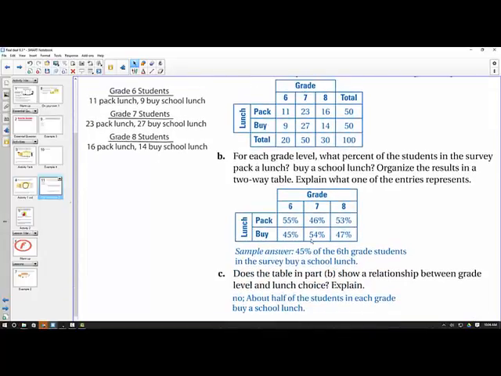So this is really how you use two-way tables. It'll help us determine percentages of various things, compare data. That's really all we're trying to focus on. Remember, always read what it's asking for first. So if it said, how many people buy their lunch that are sixth graders? Buying lunch that are sixth graders, right here, 9. So really pay attention to what it's asking for. And if I said how many students buy their lunch in general, well, it's 50. If I say how many sixth graders are there, it's 20. So lots of information that you can figure out based on what is